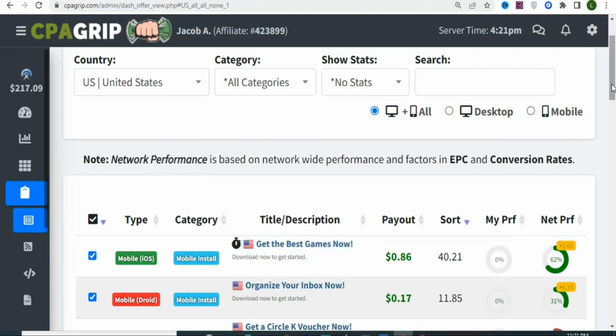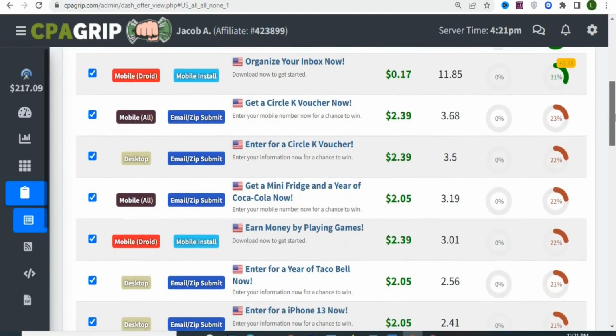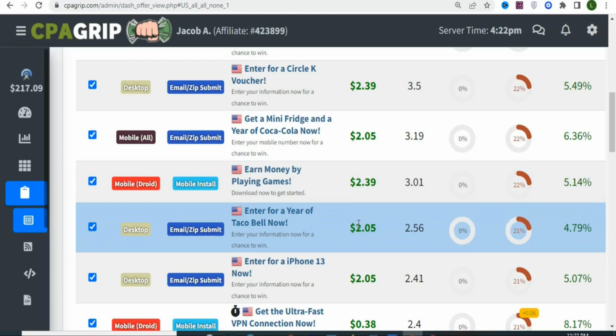As you can see, once you search for the United States, you can see a whole lot of different products that you can promote to earn money. As you can see, this product right here, mobile install. The people have to install a game so that you can earn $2.39. As you can see, a whole lot of them. You can see this one here. Your audience have to enter their email and zip so that you can earn $2.05, and they have to do